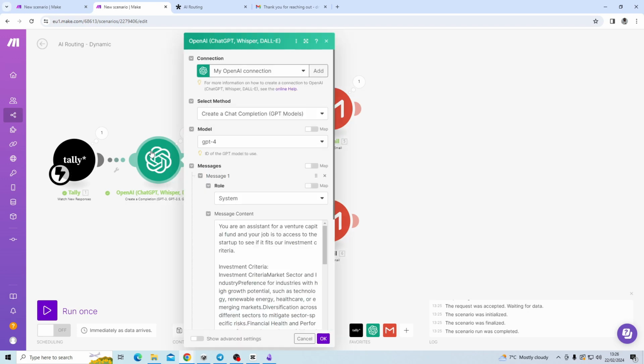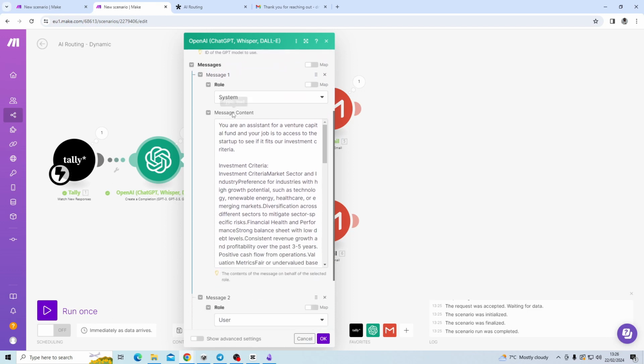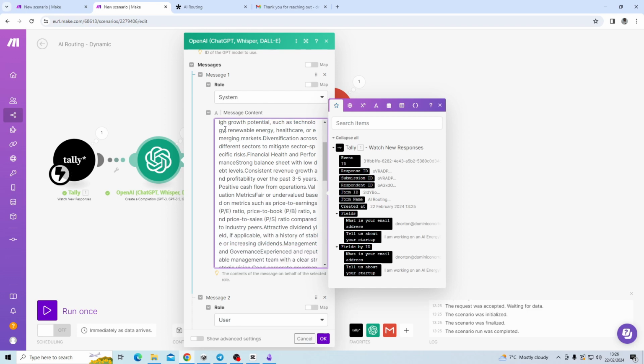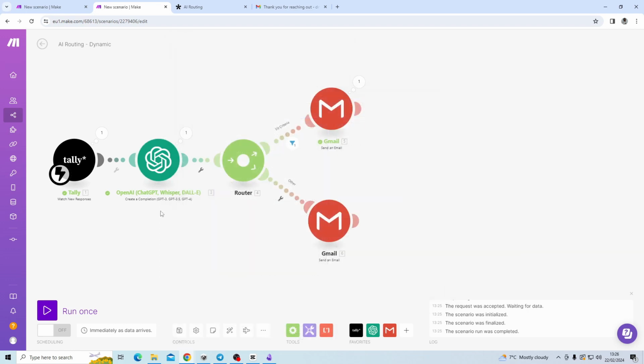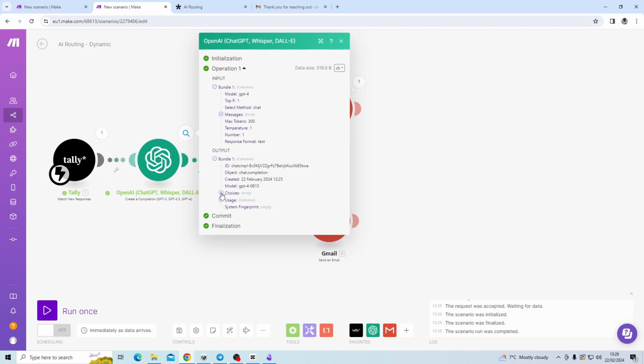Before we head out, I just want to show you the key part here. I have my system prompt, which is a very, very basic system prompt, even though it looks like a lot. But this is the part that actually matters. If it matches the investment criteria, only respond yes. If not, no. So when we actually look at this,